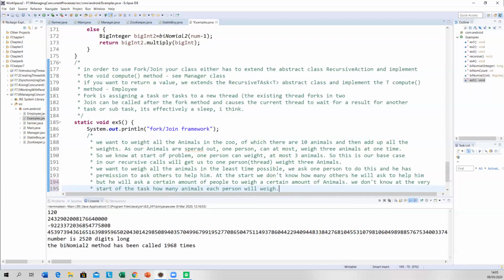It learns as it's going along. It learns what is the most efficient way to weigh 10 elements. And the way it came up with here was 7 people. I don't know why it does that now, but apparently it's faster. Now, if you're weighing 10 animals, you're not going to see much improvement. If you're weighing 10,000 animals, then you'll see the improvement. So we'll try it with 10 animals, and we'll try and scale it up and see if there's much of an improvement. Now, there should be, not guarantee that there will be. You might have to scale it up to 100,000 animals to see the improvement.